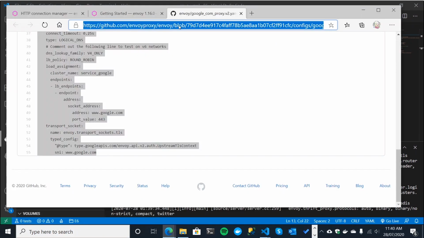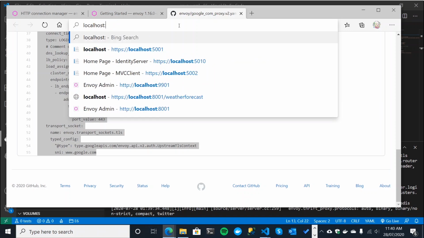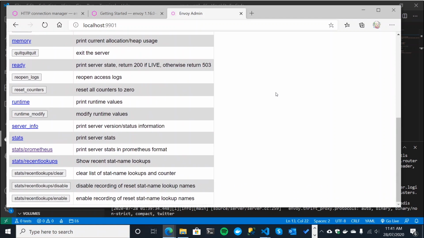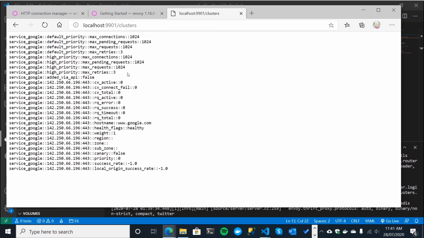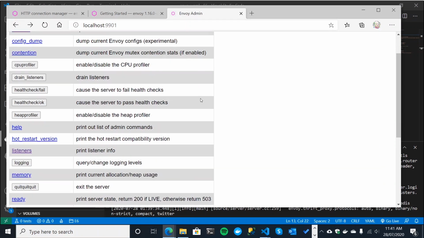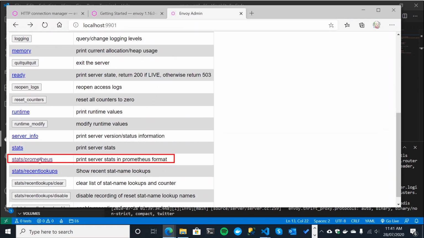Okay, so let's take a quick look at what we've got. We will move over and go to localhost, and we will look at our admin interface, which I'm not going to do too much with today, but it's a good test to make sure everything's up and running. You can look at your clusters, which we'll come on to in a bit, and your listeners, one listener there, cool. And then you can do other really cool stuff like export your stats, which is a lot of data, into a tool called Prometheus, which is a data aggregation tool, and have dashboards, and it gets really pretty cool actually. So I'll put a link to a really good video a guy did on taking stats out into Prometheus. It's really good. So that's just our admin interface.